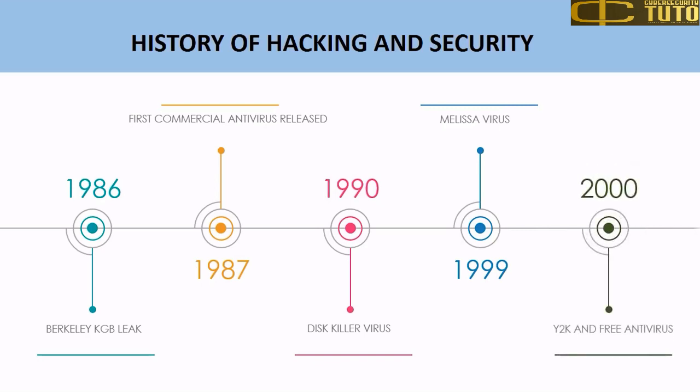In 2000, there was a problem called the Y2K problem or Y2K bug, where the dates beyond December 31, 1999 would be interpreted as 00 for 1900 instead of 2000. For this, programmers used a technique called windowing, which would take all dates from 00 to 20 as from the 2000s, and not from the 1900s. Also in the year 2000, the first free antivirus was released in the market.